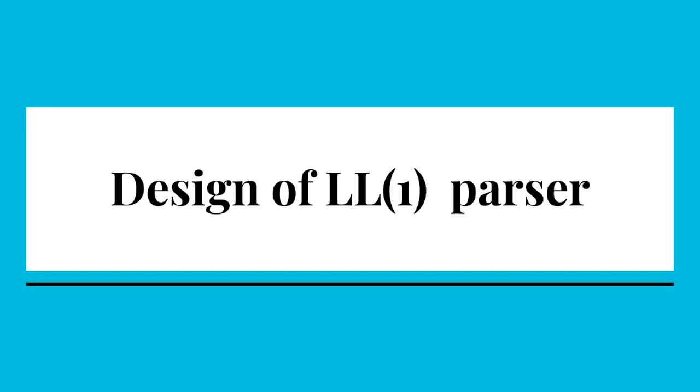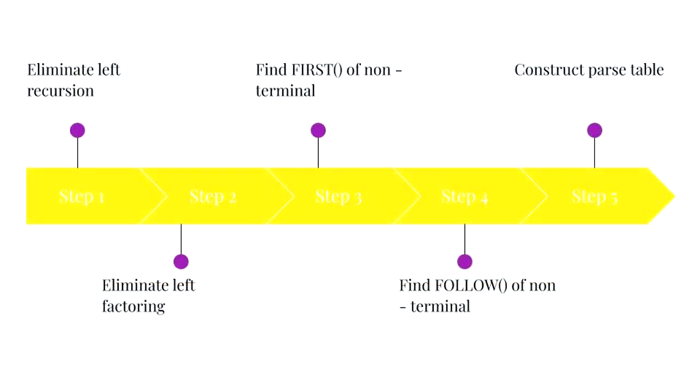An LL1 parser is a top-down parser. The first L indicates the reading direction, that is from left to right. The second L indicates the derivation order, that is leftmost, and the 1 indicates that there is one symbol lookahead. As with every other grammar, LL1 has its own set of rules. We will go through each one of them in a few minutes.